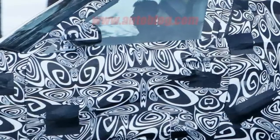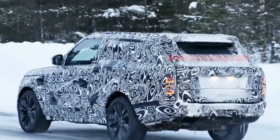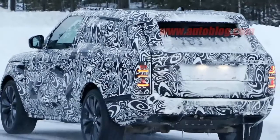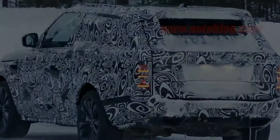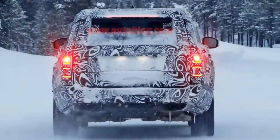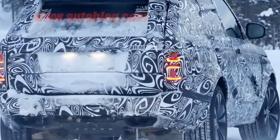To celebrate both Land Rover's 70th anniversary and the two-door design of the original Range Rover, the British automaker is bringing back the two-door full-size SUV called the Range Rover SV Coupe for a limited run of 999 units. Though we saw spy shots of this a few days ago, all we have now is a teaser image of